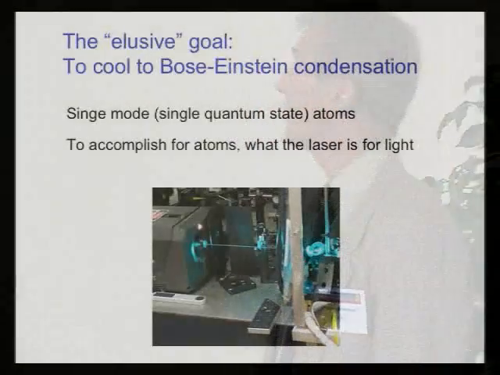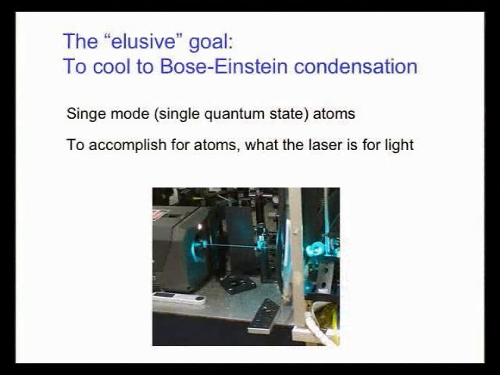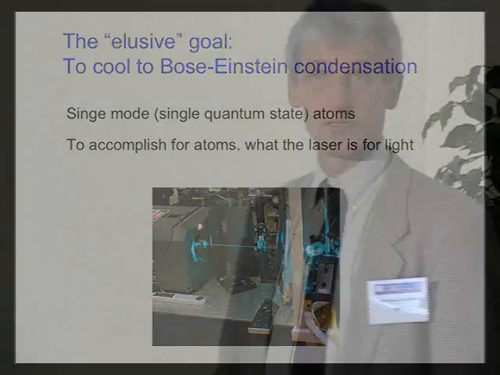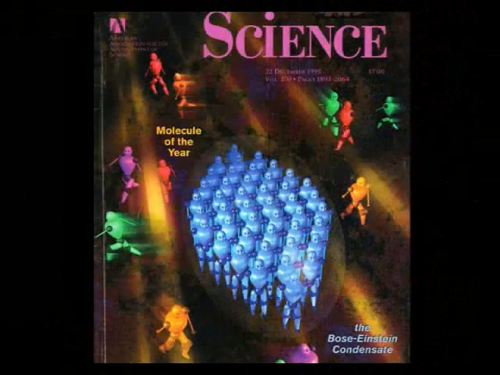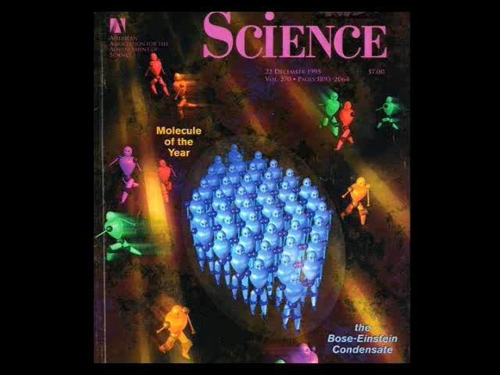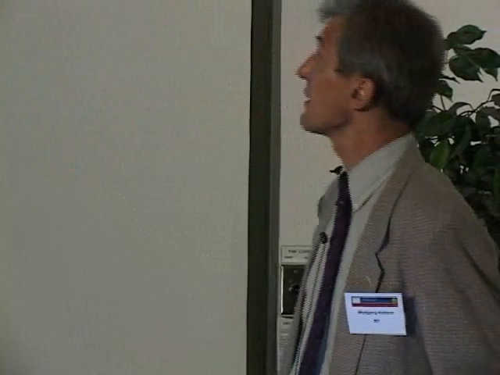Around those times, there were lots of discussions about this elusive goal, this ultimate goal of laser cooling, namely Bose-Einstein condensation. Sort of not just to optically pump the atoms, to simplify laser cooling, into a few lower lying motional states. The goal was a single quantum state, to do single mode atoms, to do with atoms what has been so wonderfully accomplished with a laser decades earlier. So to, in a way, make atoms really as a single wave and in a single state. So that really required lower temperature and higher densities.